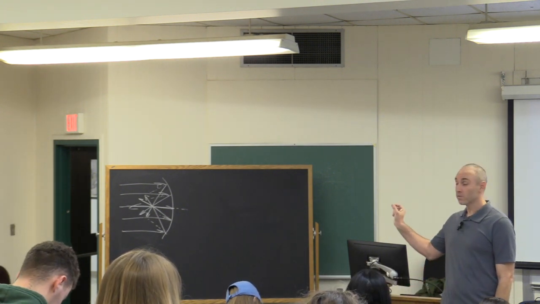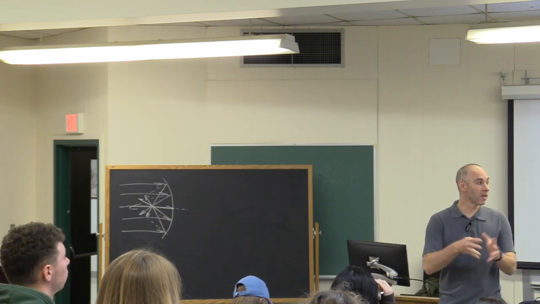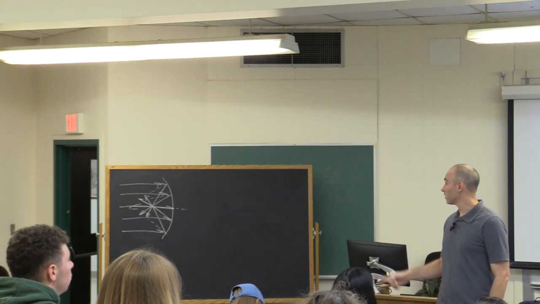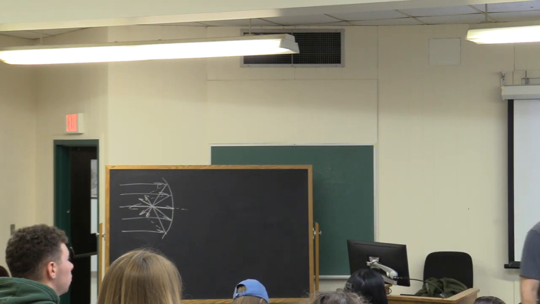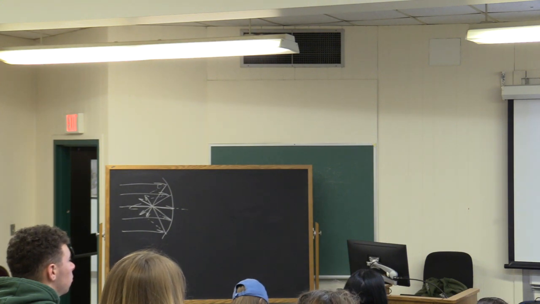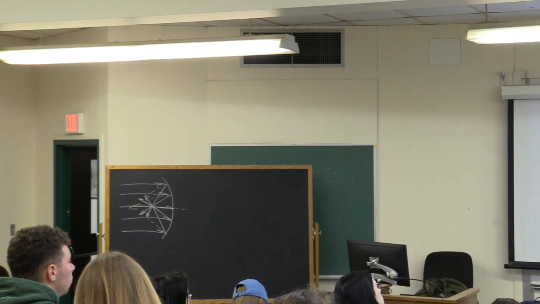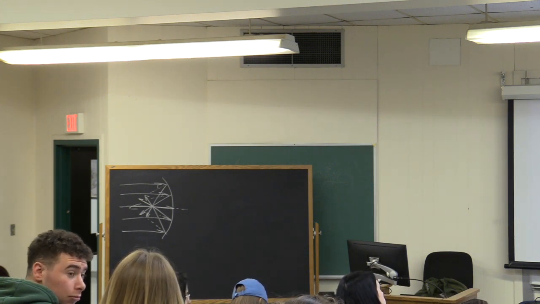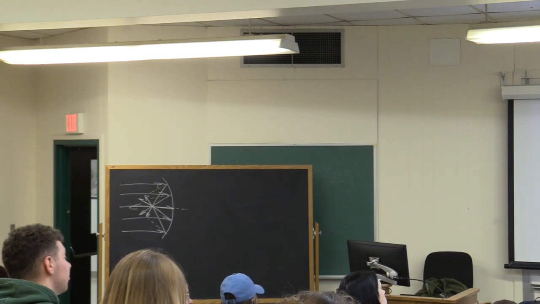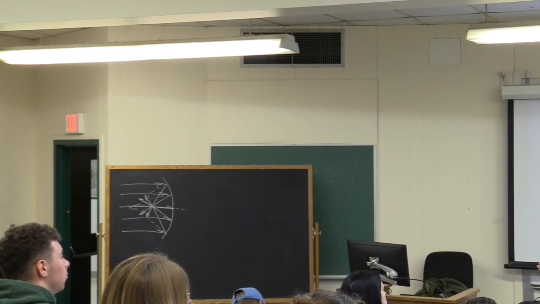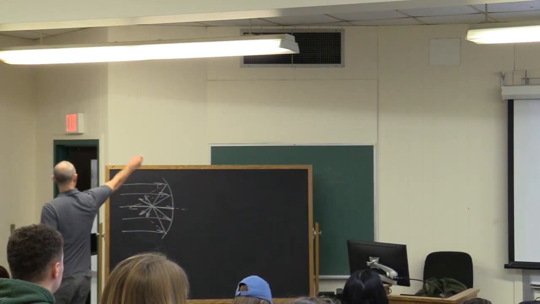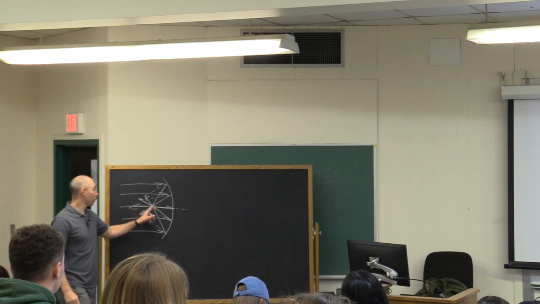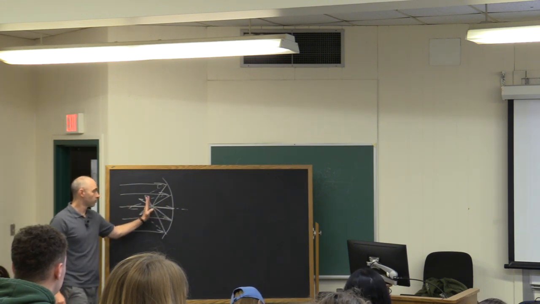If you put the light source right in the middle at the focal point, and it's emanating light out in all directions, any of those light beams that hit the mirror from that focal point are going to leave as a beam, as a column, a collimated, cohesive beam of light coming out. A flashlight, same deal. Flashlights have the light source right at the focal point of either that parabola or the sphere. Fun fact, the focal point is halfway between the mirror and the center of curvature. So if I continued this circle all the way around, the focal point would be halfway between the center of curvature and the mirror, right in the middle.